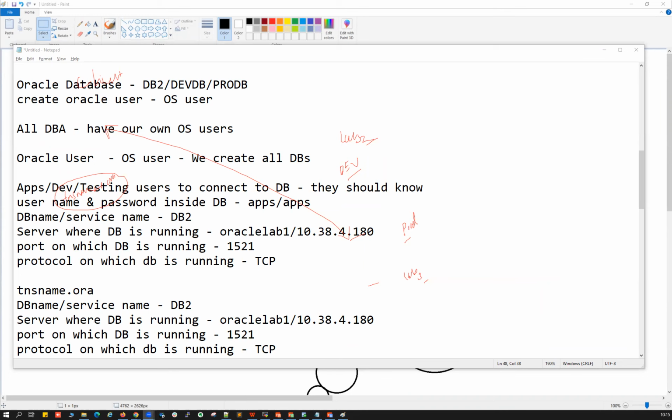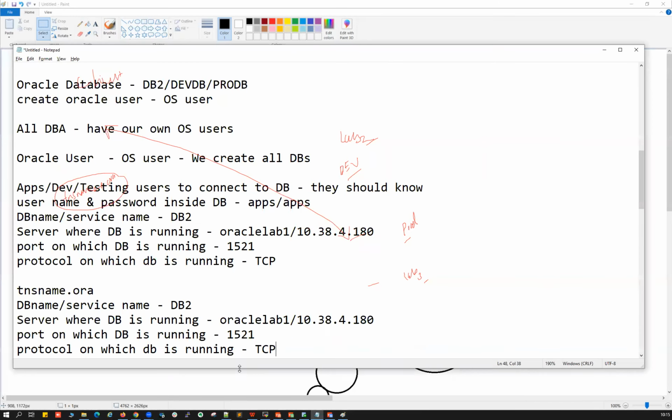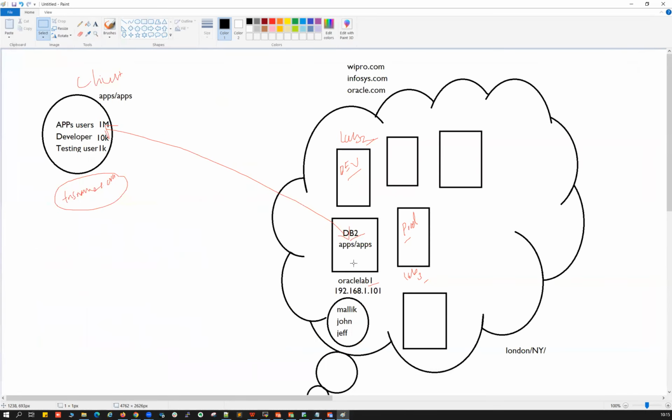That's what we typically call TNS names. Once they pass all the TNS names, the connection will go to my database server, the respective server, because we used the server name, protocol, and port, and it will be able to connect to my database.